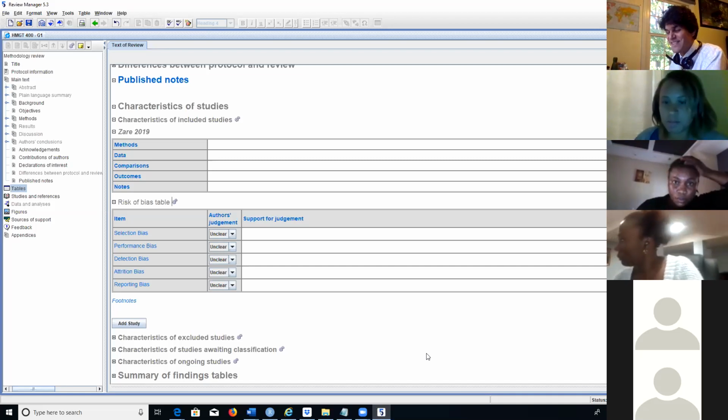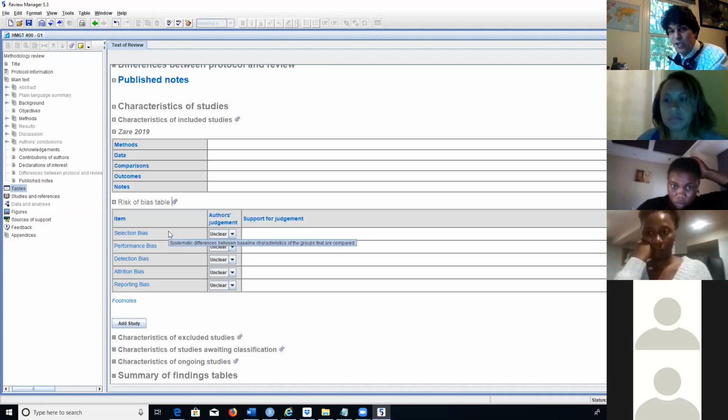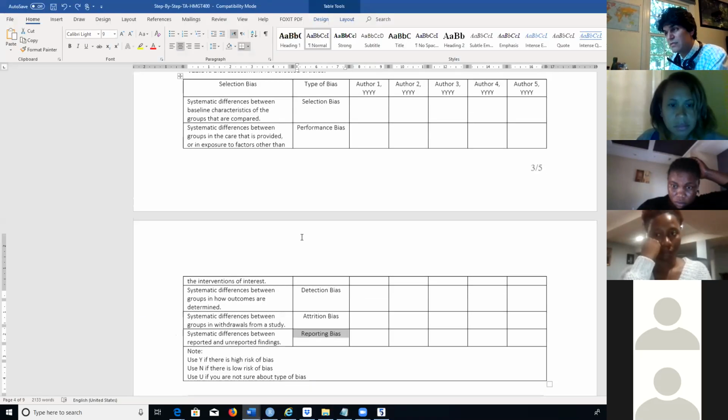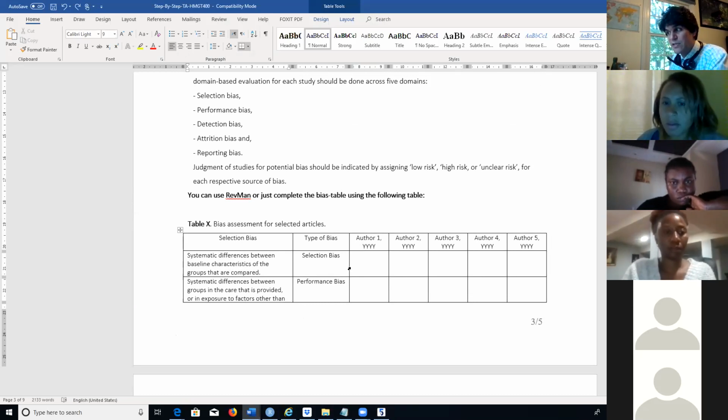Yes. Then when you have this bias, you need to find if the paper has any of this bias. For example, you read my paper somewhere and you recognize that this paper, based on the definition you provided here, has systematic differences between baseline characteristics of the groups being compared. There is a systematic problem in my sample size. And then for sure, this paper has a bias, right? You put yes, there is a bias here. Generate this table first and then convert this table to